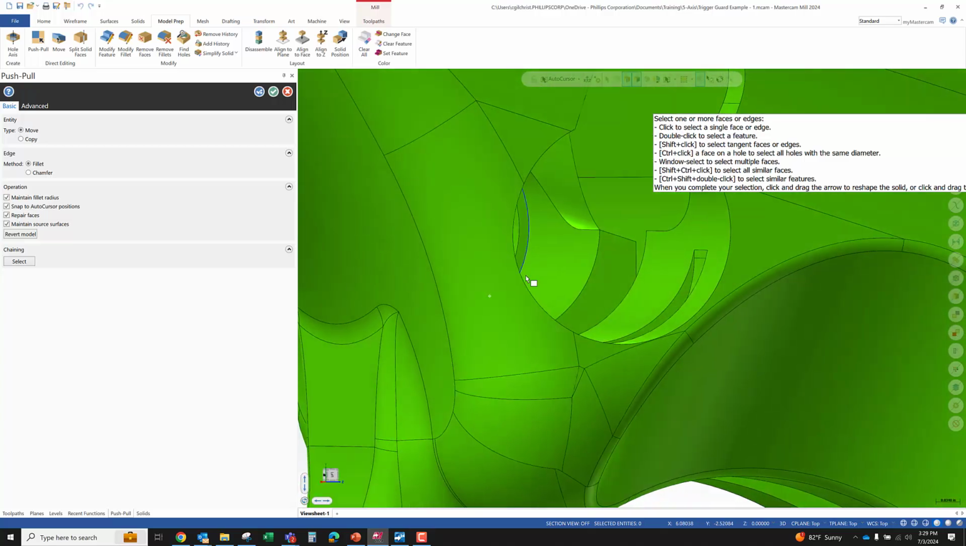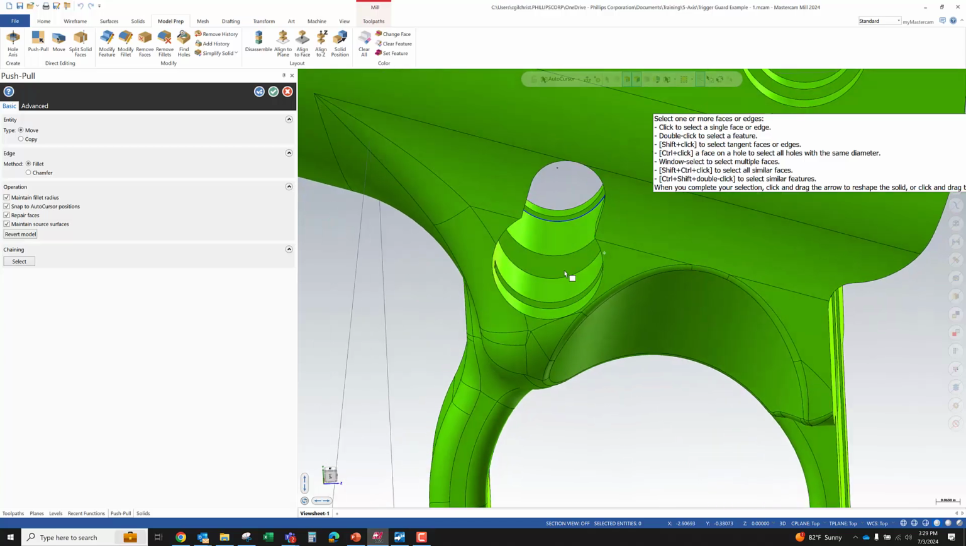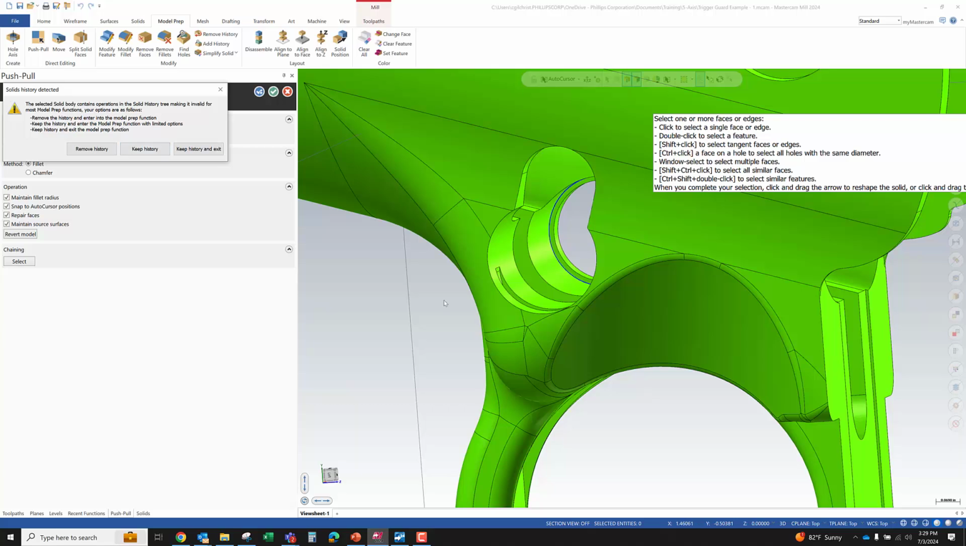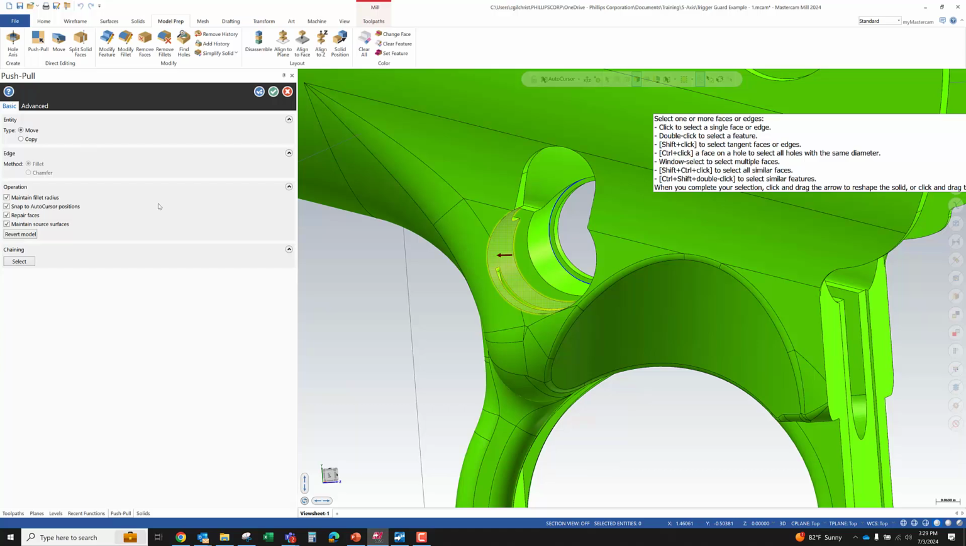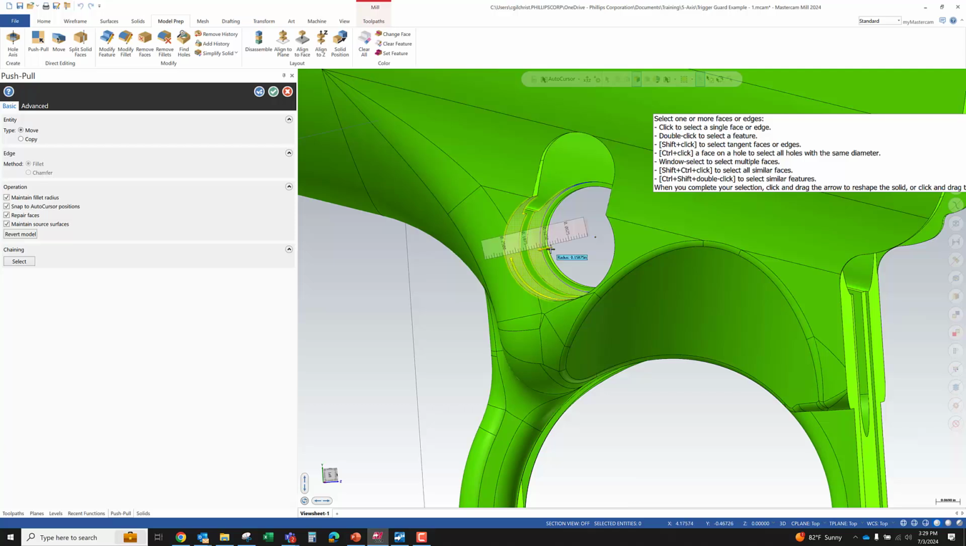I want to be careful of the order in which I select the faces, but I can get them both at once. So I'm going to go to that face. Oh, and I have to remove history first before I do this. So, okay, we're going to remove history. And I'm going to grab that face because they're both the same diameter. And now it tells me radius